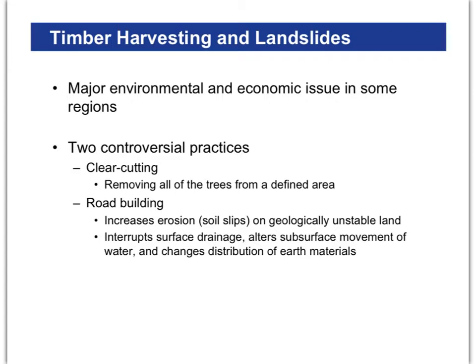What this does is it removes trees from that area. I guess I should say it actually allows the runoff of water and the water to move through the soil. Trees tend to prevent that. So cutting down trees prevents the prevention of running off of water and into the soil. Also, road building. As you build roads into areas to try to log trees, cutting into those hills can really interrupt the surface drainage and increase the possibility of some sort of a landslide.